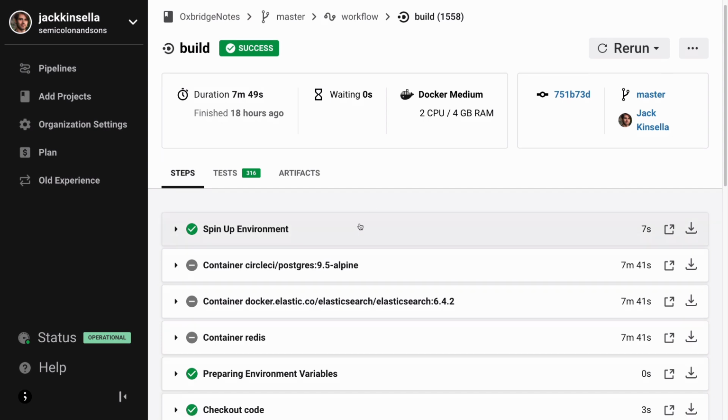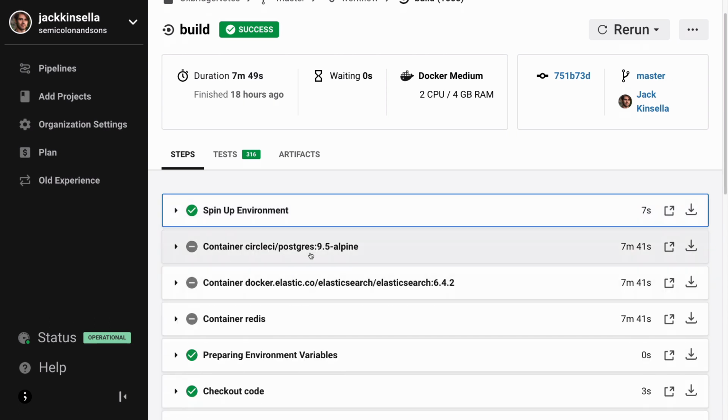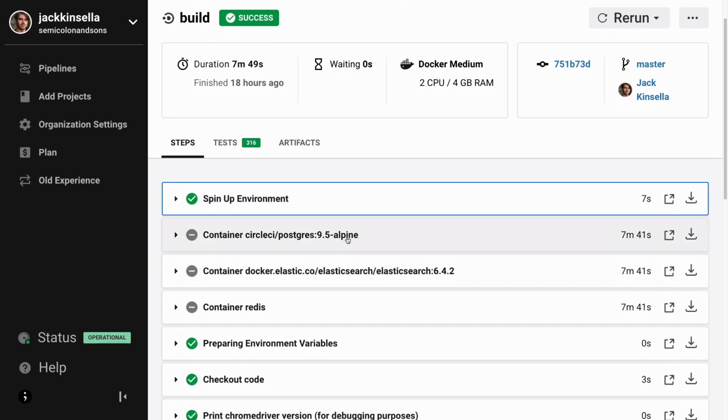What basically happens here is we start off by spinning up an environment. The important part here is that there's a CircleCI Ruby container with the particular Ruby version I want, Node.js for running Webpack, and the browsers for that sort of integration testing stuff you saw, especially the JavaScript stuff. Then I also pull in my other major dependencies: Postgres, Elasticsearch, and Redis. I use the real-life versions of these in my tests because I want them to have parity with my actual production code. Some people would fake these things, but I think that's a bad practice for your integration tests.